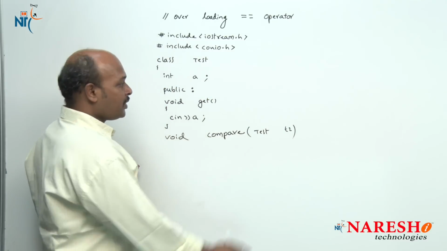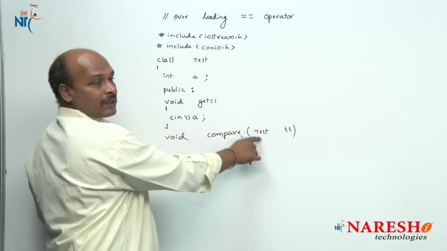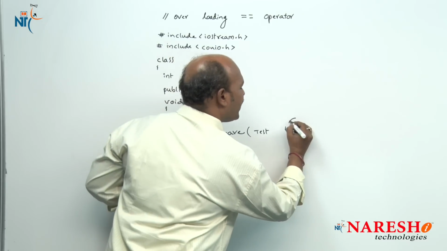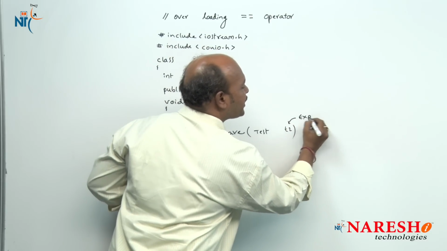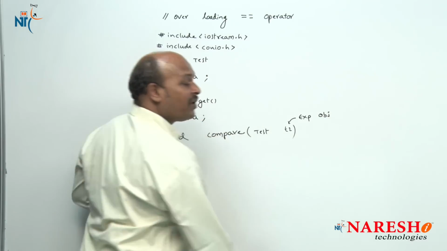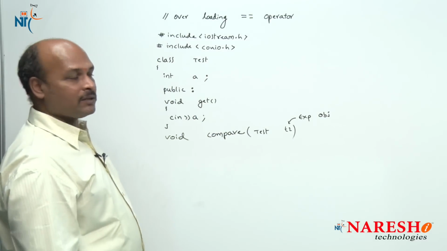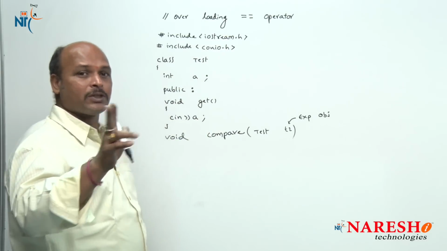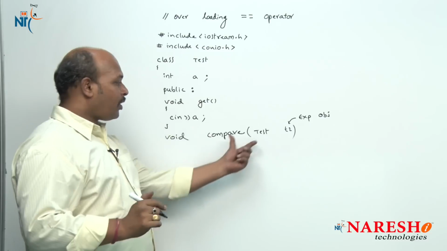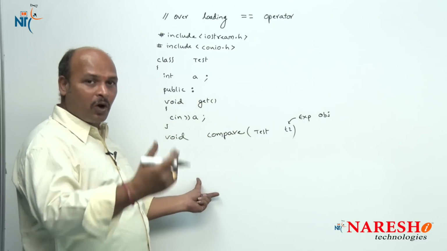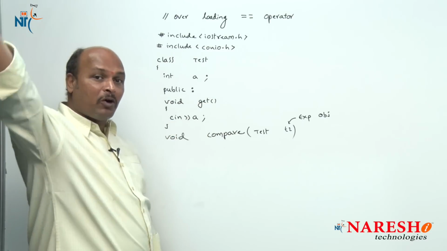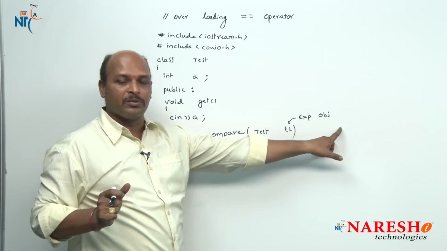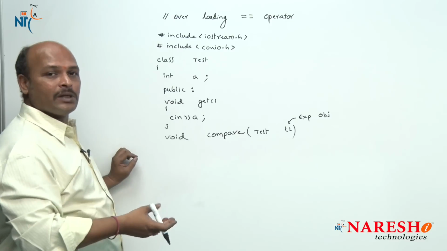Now watch this, actually test is what? Class name, and now T2 becomes the object. That is why it is the explicit object we are sending for comparison. Okay, that is why to perform comparison we need at least 2 values because of the binary operator. One is the same object, meaning the calling object, and another one is from outside. Now when it is outside it is called what? Explicit object, when it is inside it means implicit.